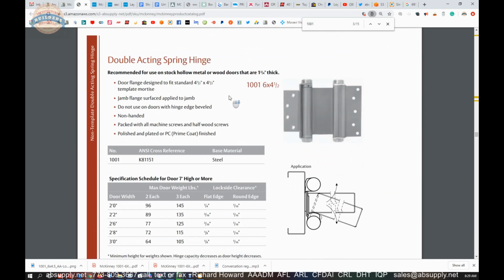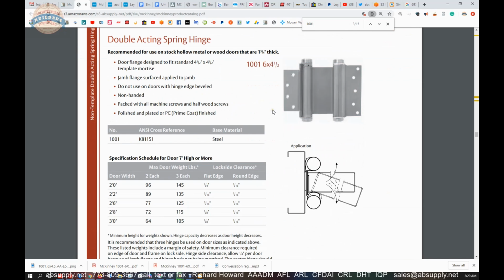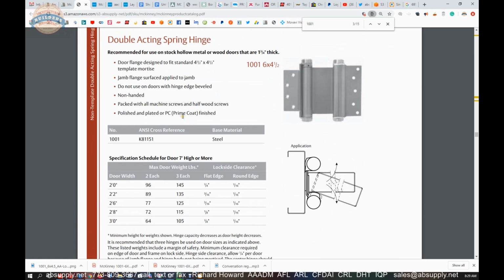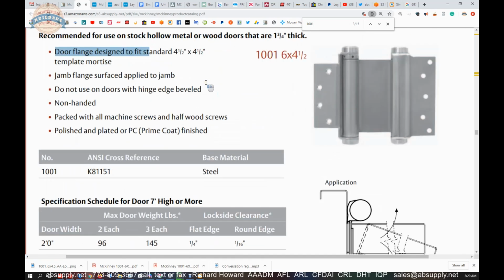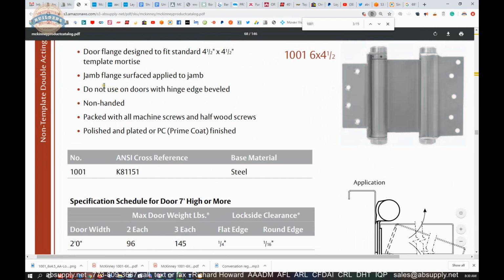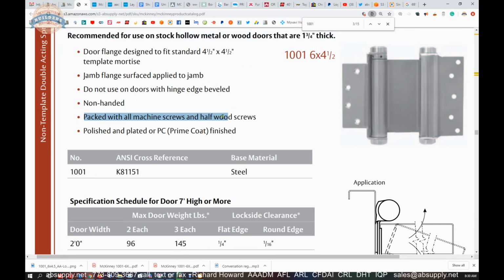This is the actual hinge that we are looking at with the 4.5-inch templated leaf in this page. There is some nice information here. Door flange designed to fit a standard 4.5-inch templated hinge. The jamb flange is indeed surface applied, as they're showing here. Mortise flange. Do not use on doors with beveled hinge edges. Non-handed, packed with all machine screws and half wood screws. That is indeed what we have here. So be mindful to...